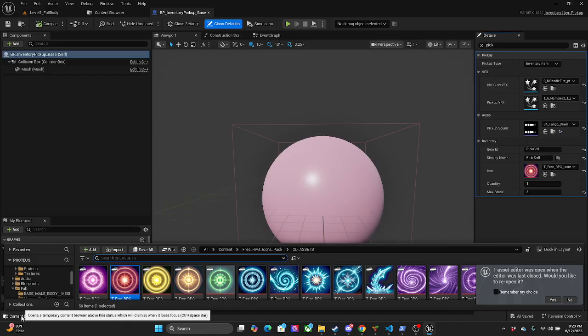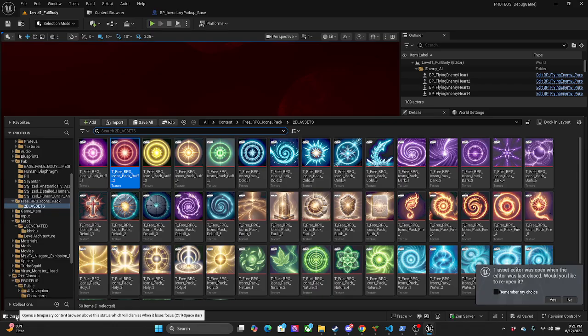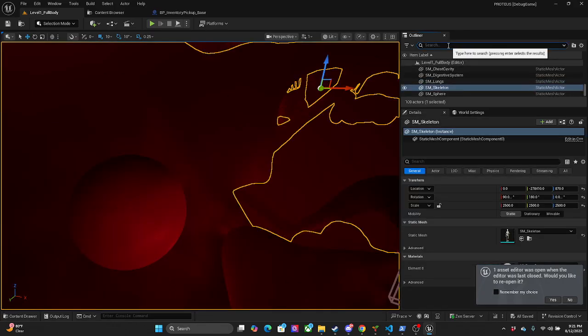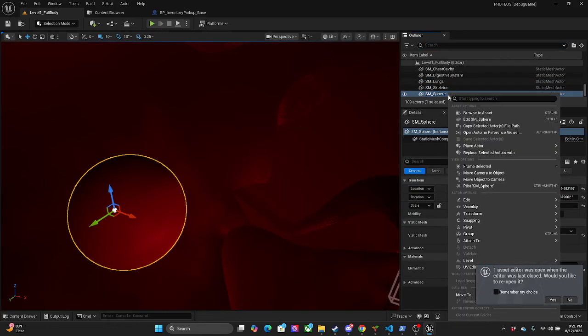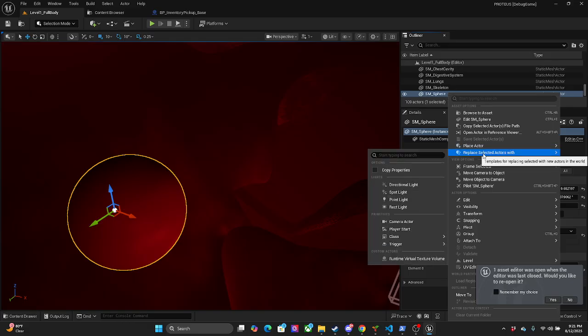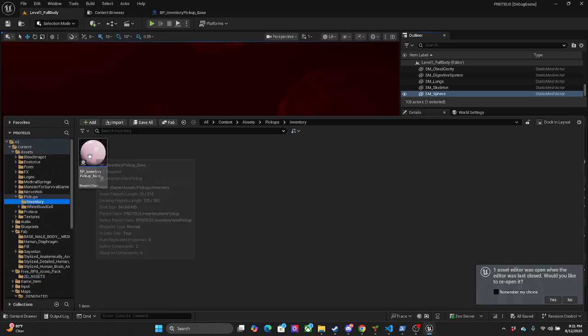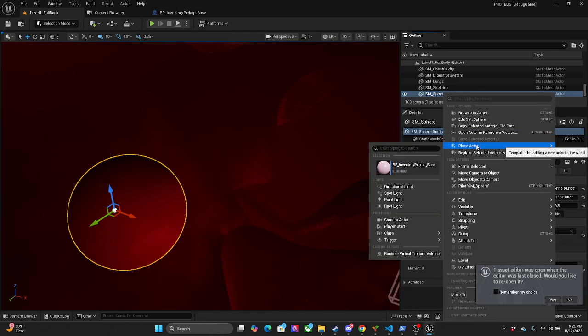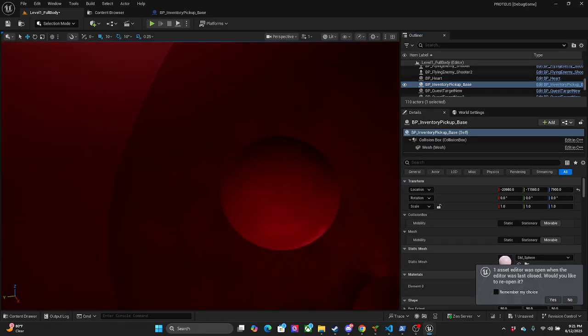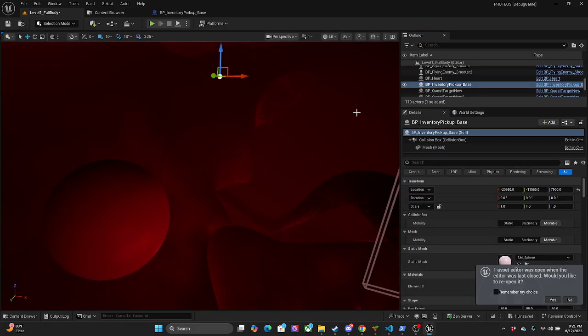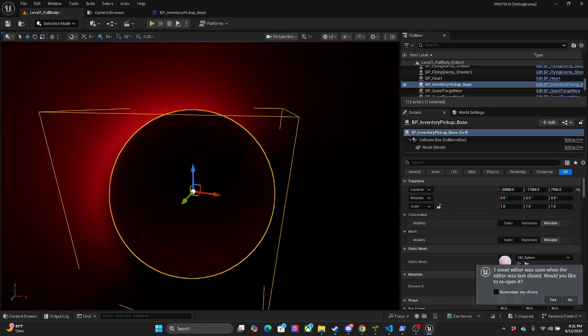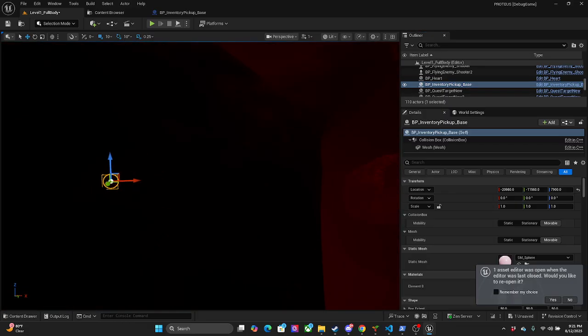Now we're going to go put it in the world. So we have sphere. First thing we can do is place actor. All right. Oh, it's a weird spot.